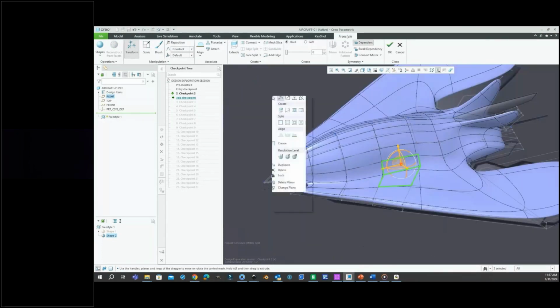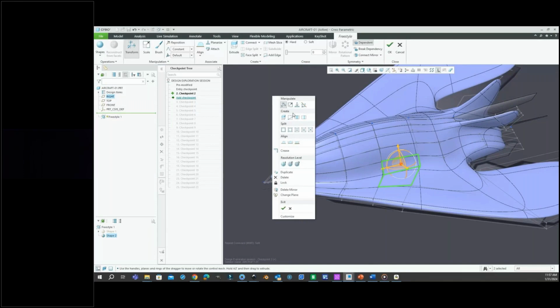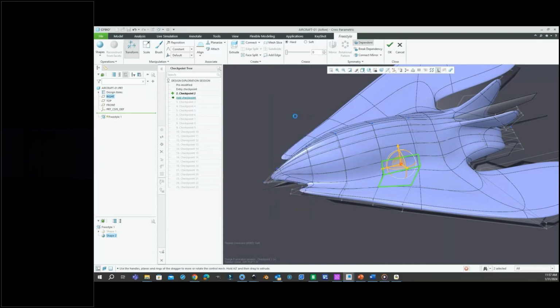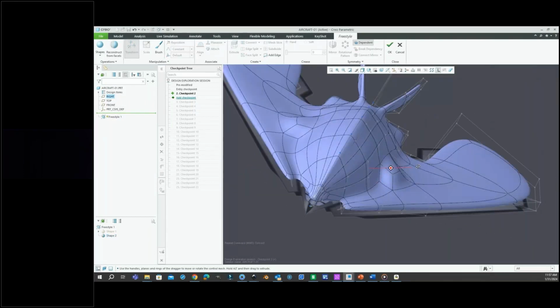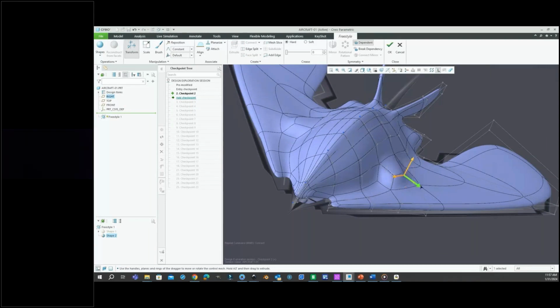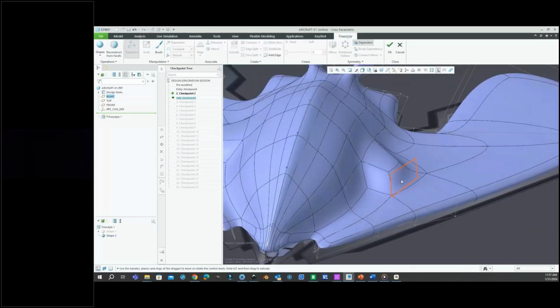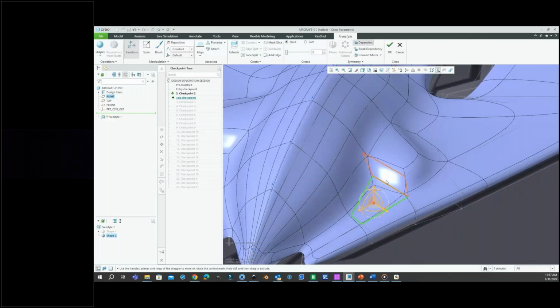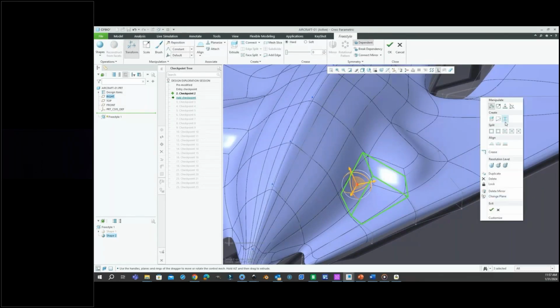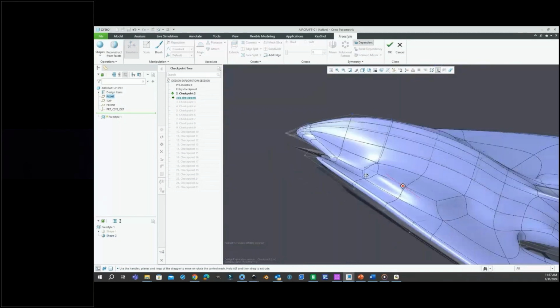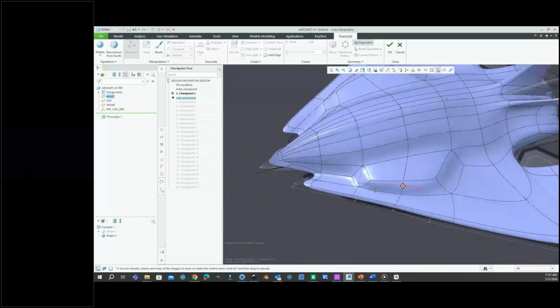So let's do a connect, and there it is. See how I connected those together? Because I want to create an intake for the engine. So this is one way of doing that, and I could take this whole face now and move that out. I can also connect these. I can grab these faces here and say connect. So now I'm creating that intake,